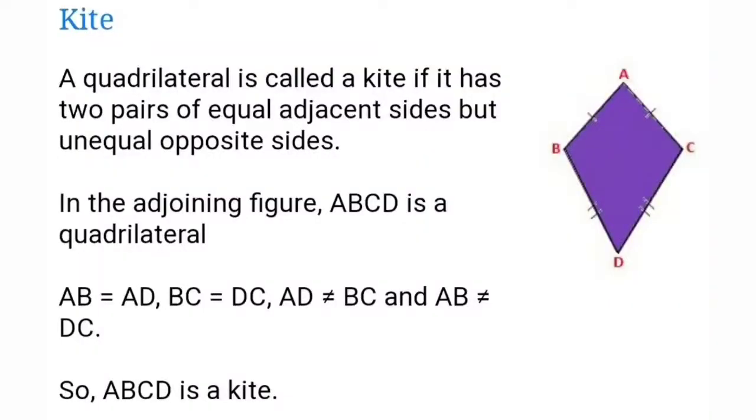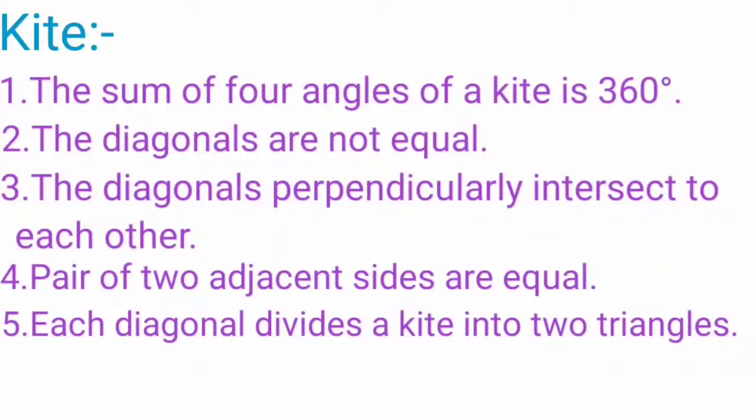Kite. A quadrilateral is called a kite if it has two pairs of equal adjacent sides but unequal opposite sides. So you can observe in the figure, the opposite sides are not equal. Only the adjacent sides are equal. AB equals AD, BC equals DC, AD is not equal to BC and AB is not equal to DC. The properties of a kite are: the sum of four angles of a kite is 360 degrees, the diagonals